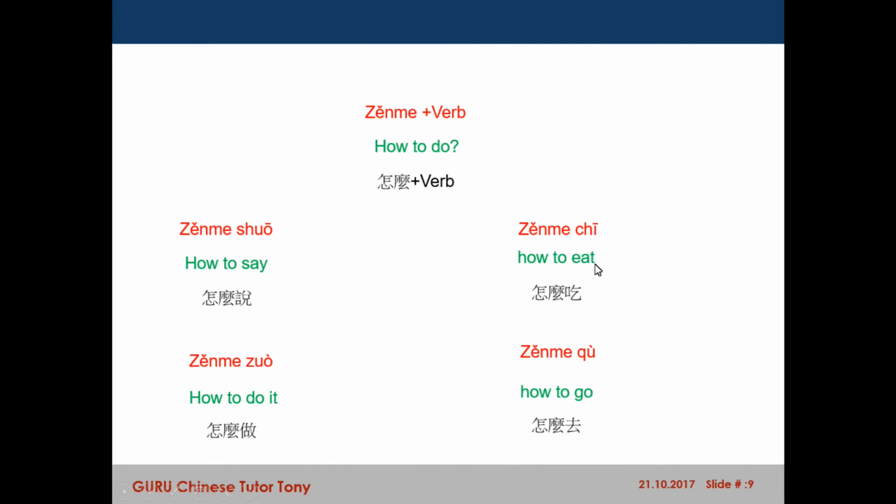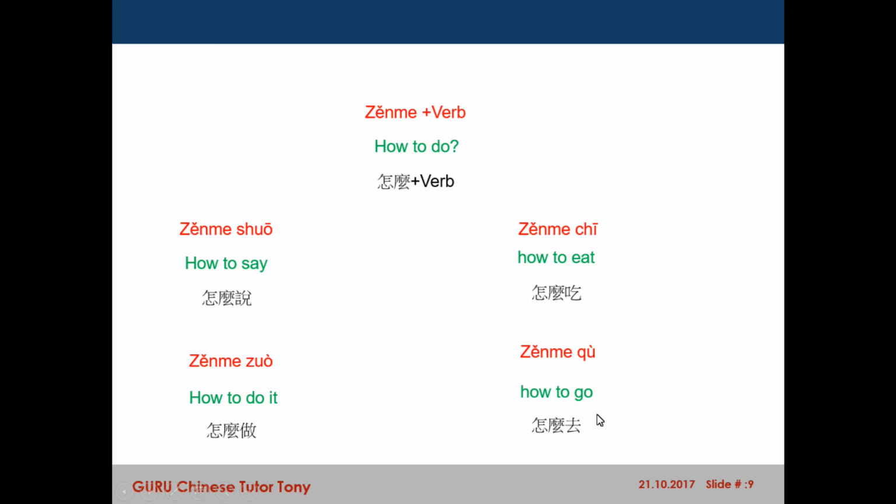Do you know the Japanese food sushi? So 怎么吃 sushi? How to eat sushi? I would probably reply, you just use chopsticks. Can you use chopsticks? Okay, 怎么做, how to do. 做 means do or make. So 怎么做蛋糕, how to make a cake. 蛋糕 is cake.